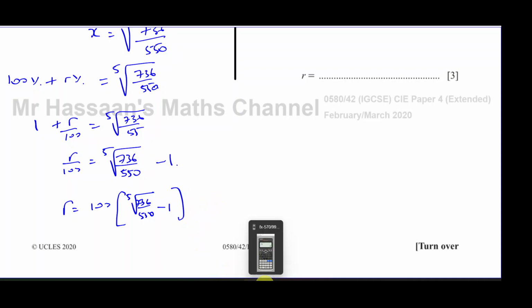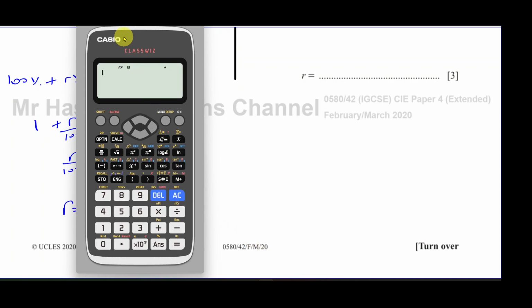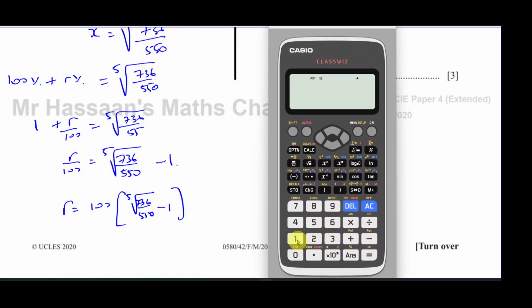So let me put that in my calculator and make sure that you do it properly. It's very easy to make a mistake here when you're using your calculator. So you've got the fifth root of. Now for the fifth root, you're going to use this button over here. So you press shift and this button, and you can choose what root to use. Then inside here, I need a fraction, 736 over 550. Don't forget the 0 there. Then you have to come out of the root sign and put minus 1. That 1 is not part of the fifth root sign. Then close the bracket, and that should give you your answer, which is